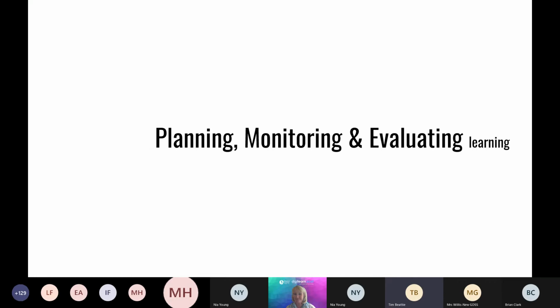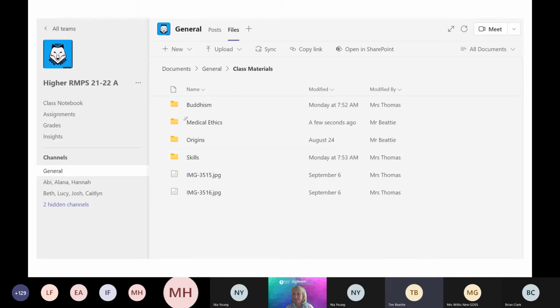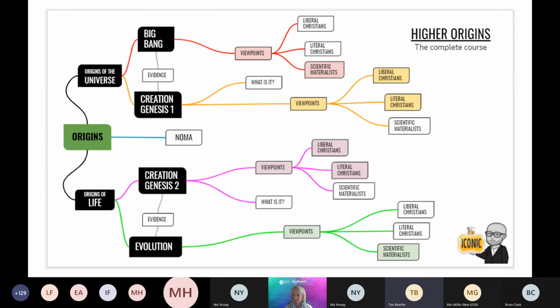Now, when we're thinking about planning, monitoring, evaluating learning, what about the planning stage? I've just shared this as far as putting our notes and making them accessible, or our resources if it's me, and this could be done with any primary class. I'm just using my example of a Higher class. But in that planning, I love this as well. I love almost like a roadmap. Now this looks quite complex, and if you don't do Higher RMPS, it might be initially,